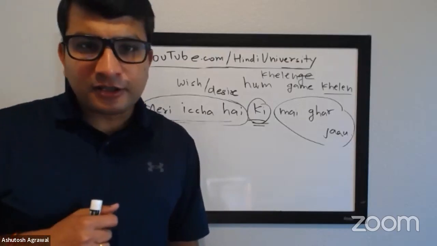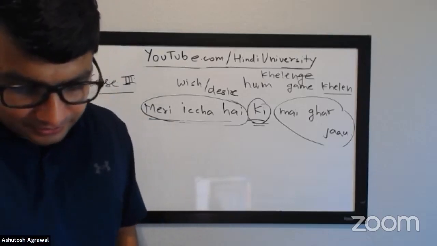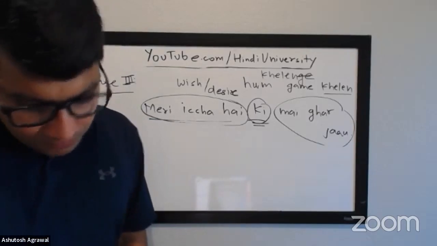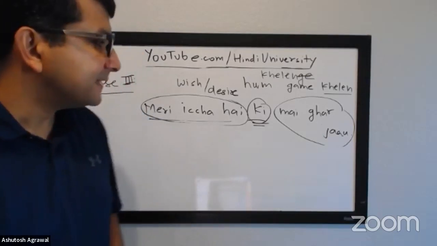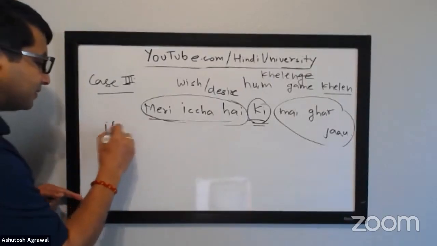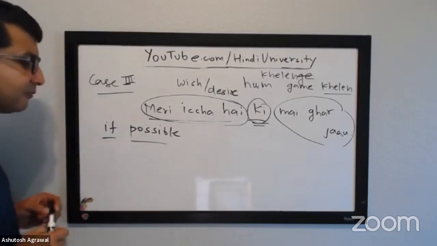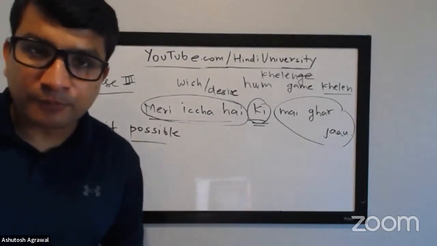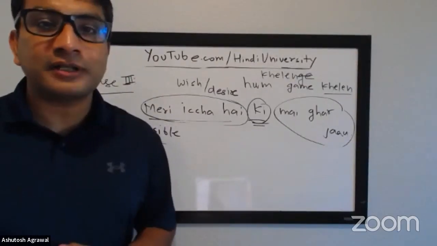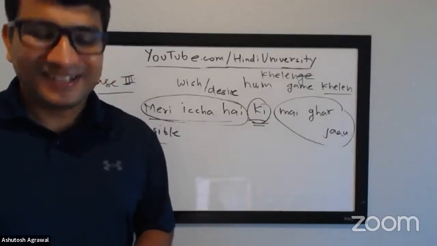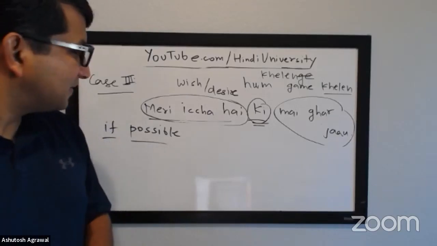We had shayad, ho sakta hai, or mumkin hai. So just ho sakta hai and mumkin hai, yes, you can use agar. So it's implied that you're asking. Are you saying kya ho sakta hai? The first one is not a question. You are saying if possible, I may go. So you are expressing the possibility. In the first one, you're not asking a question. In the second one, you're asking a question. Okay, so you're asking the question without using kya in front of it. That's right.